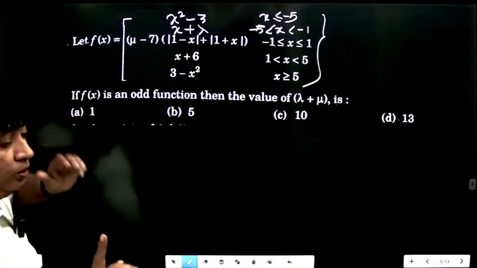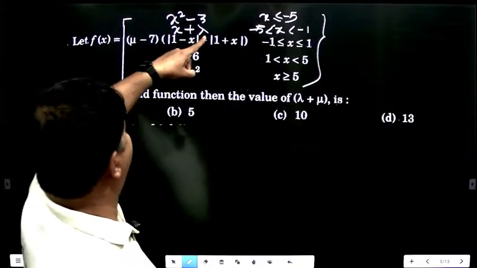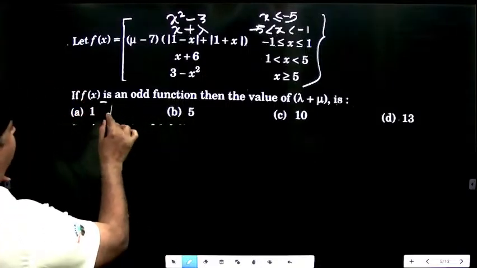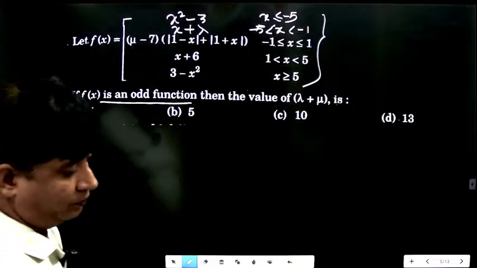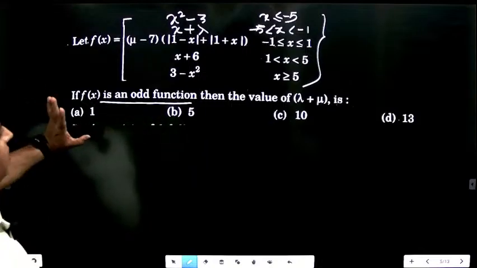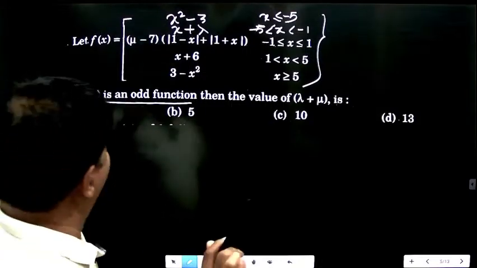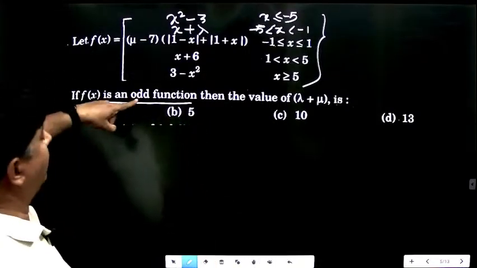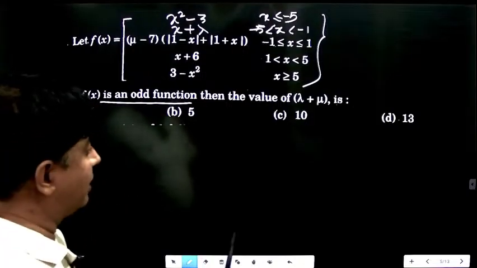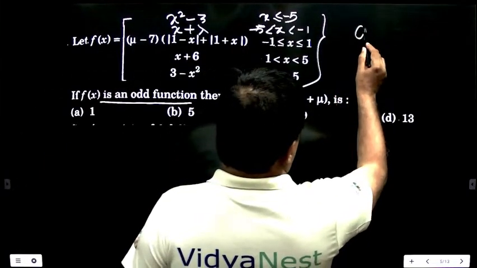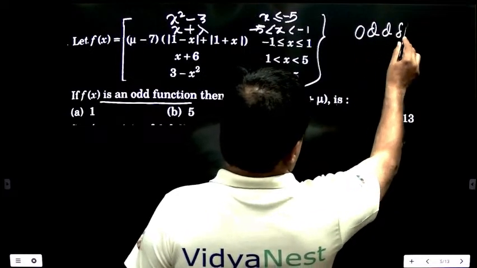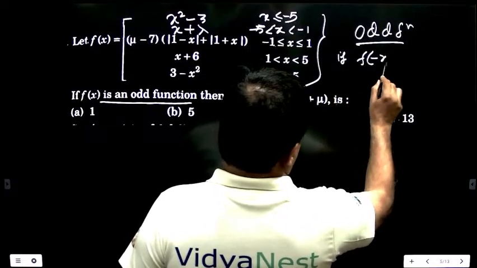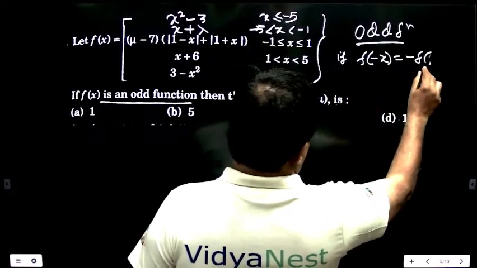So, two parameters, unknown terms are there, lambda and mu, you have to find, and one condition is given: f(x) is an odd function. It is totally a JEE Advanced level sum. It needs simplification, a good grip on functions. First of all, odd function. What is the criterion of an odd function? When a function will be called odd, means if f of minus x is equal to